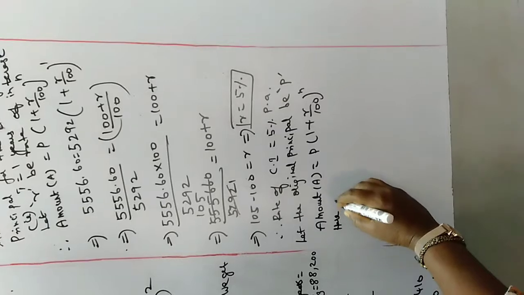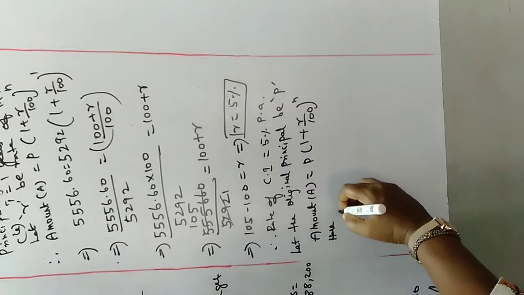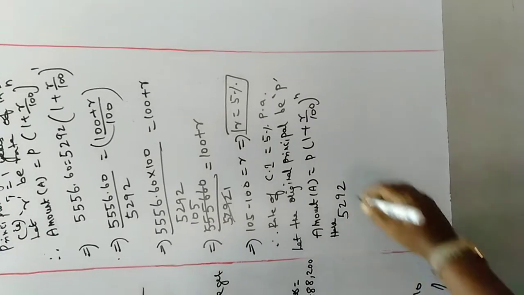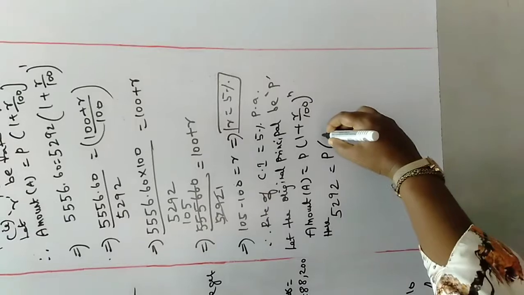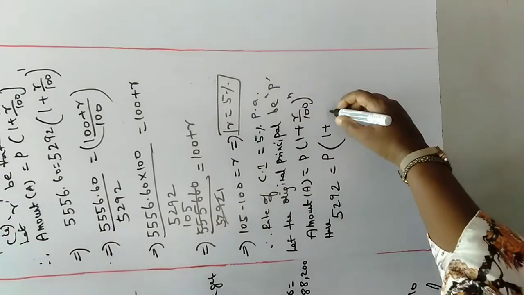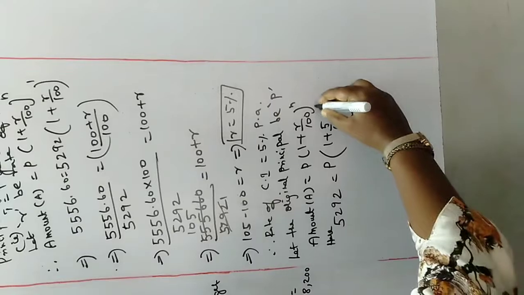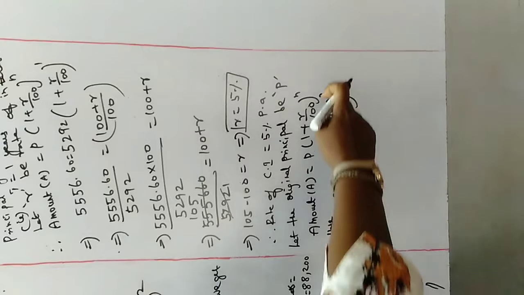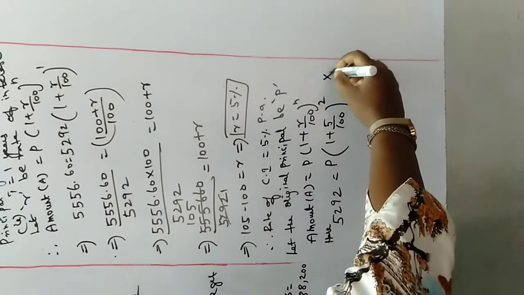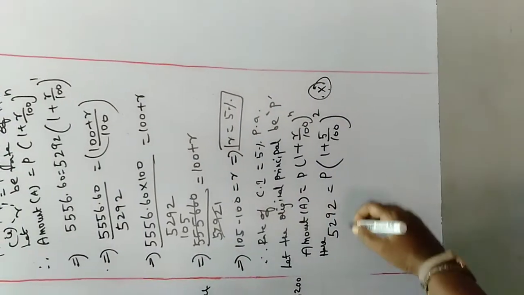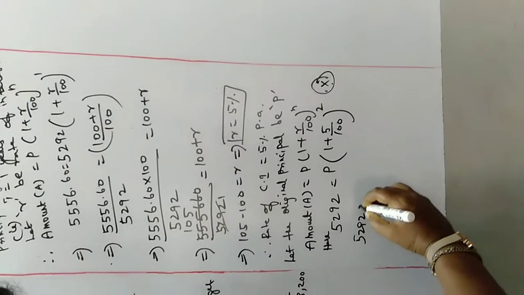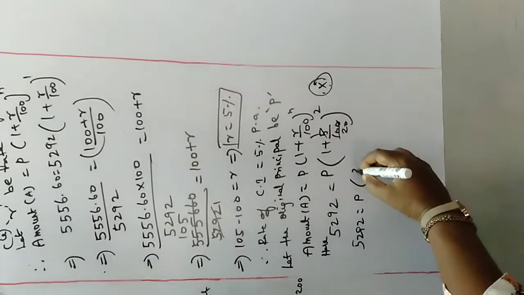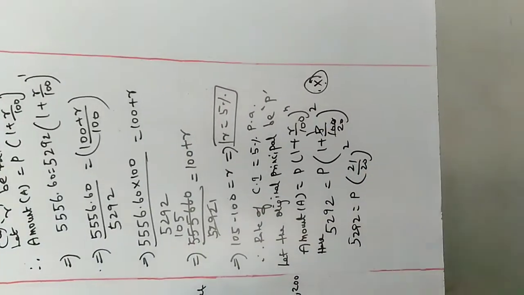Here we are using that for the amount after 2 years, what is that? It is 5292 and the principal we don't know. Then 1 plus R, what we have found, that is 5% by 100. So the time period is 2. Okay. Because we are taking the amount after 2 years only, the time period also we are taking here as 2. Keep it in mind. This is the most important step, right? Then bringing all this to this side, 1 time 20, 20 plus 1, 21 by 20 the whole square, right?